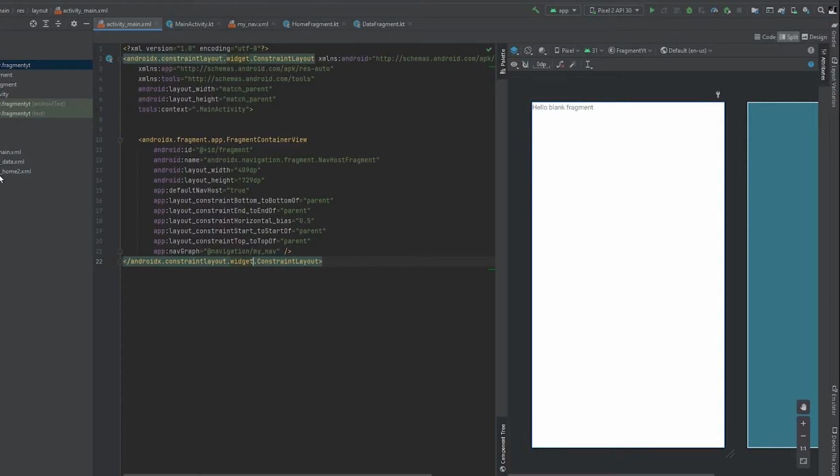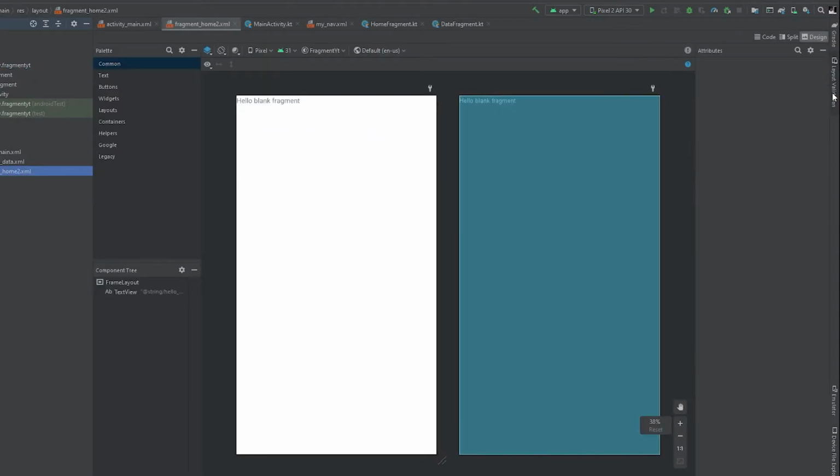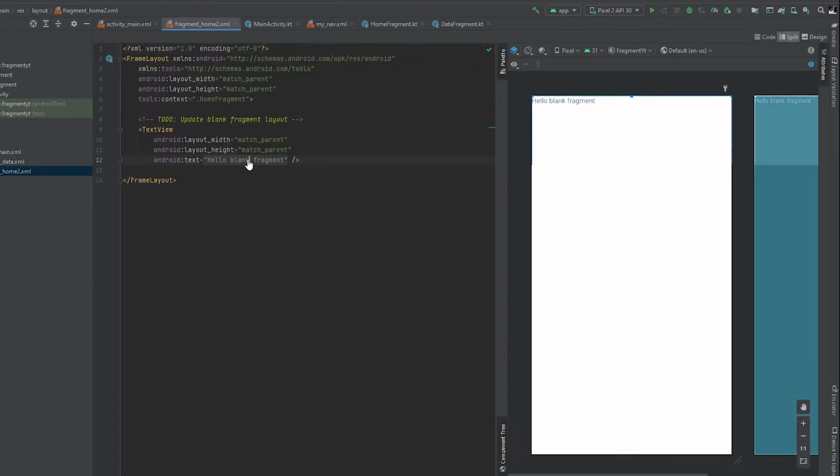Now we'll open our home fragment, and then here inside you can see we are already having hello blank fragment, which is already there. We will just change it to home fragment, and then we will change this layout to constraint layout.